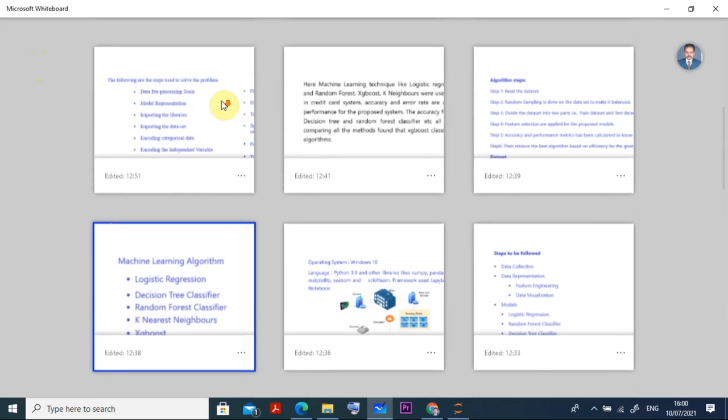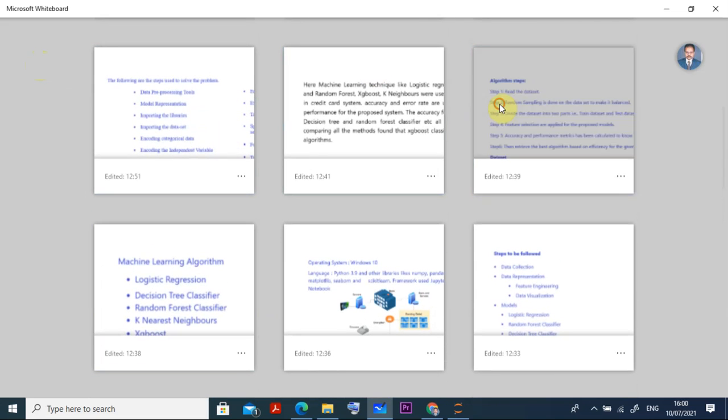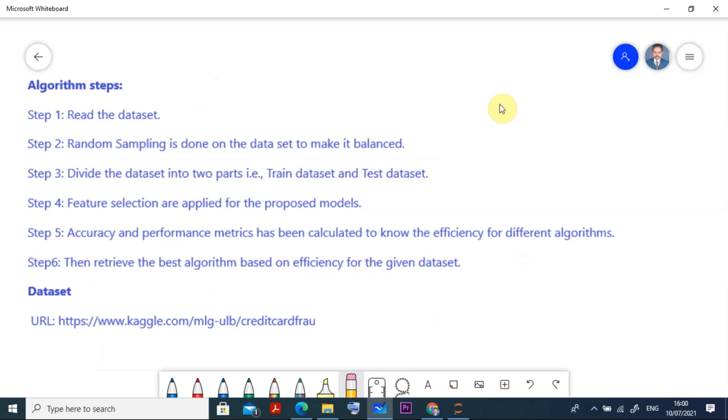Then third, we go for the algorithm steps. What are the steps we are following for this algorithm? First of all, we take a data set. We can get it from kaggle.com, where you can download the credit card fraud CSV file, and we can read the data set. Then random sampling is done on the data set to make it balanced.